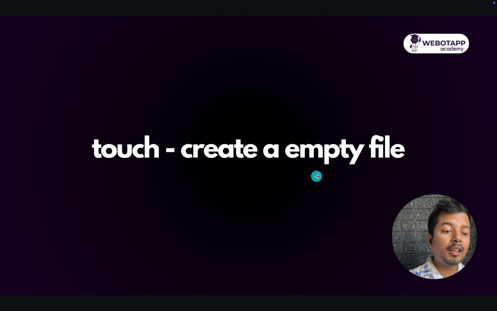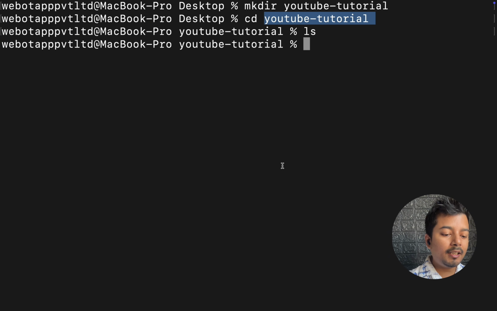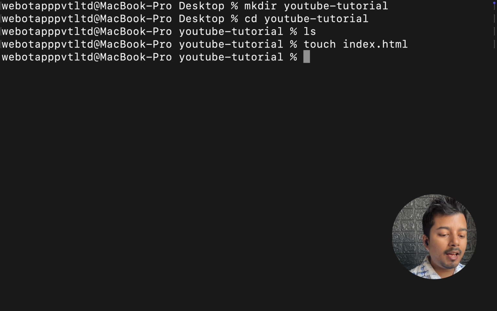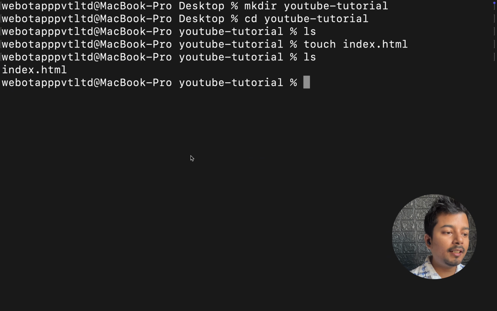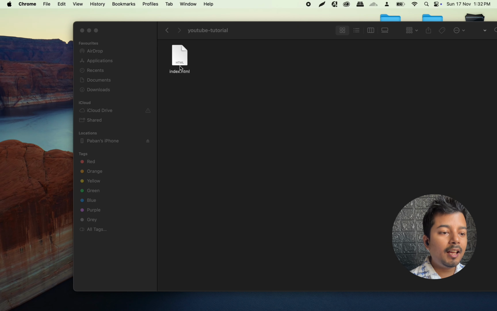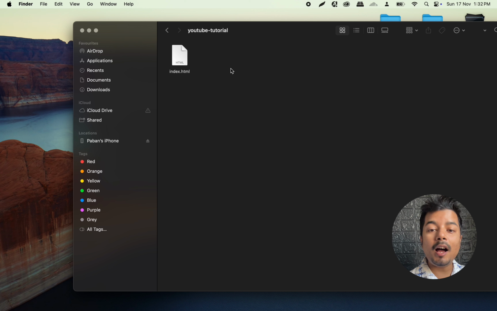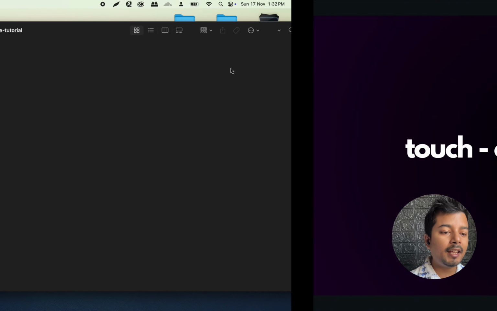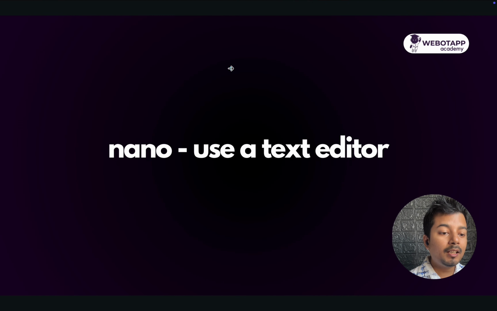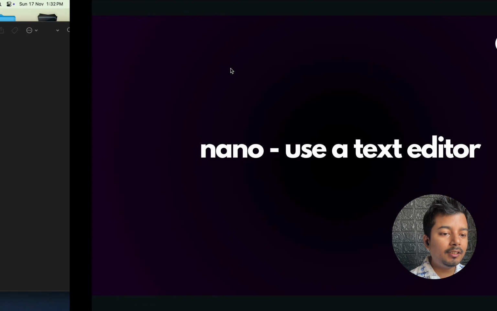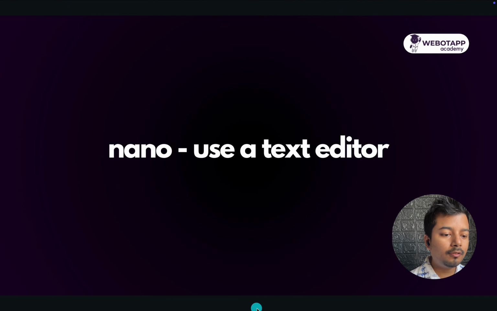Let us now create an empty file using the touch command. For that, I will write touch and then index.html. And now let us write ls. Here I can see one file called index.html. And even here using the GUI, I can see one file called index.html. Now let us edit that file. To edit that file, I will now